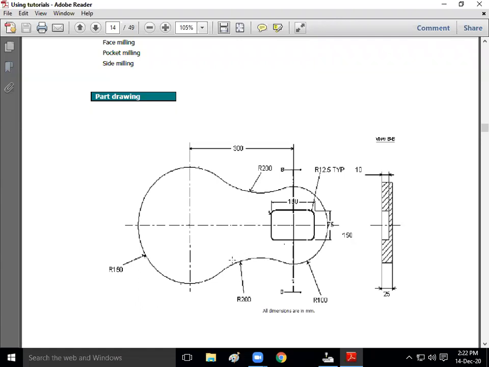So I'm going to create one circle here and one circle here of radius 200 mm, and I'm going to create the interactive counter here. To have this shape, I need to create two circles at the top and the bottom to join these two circles.